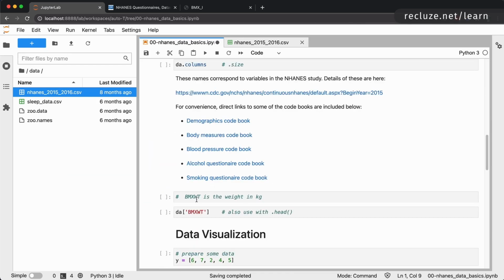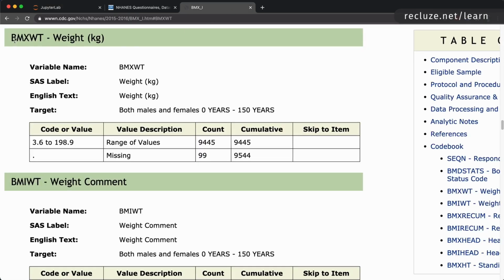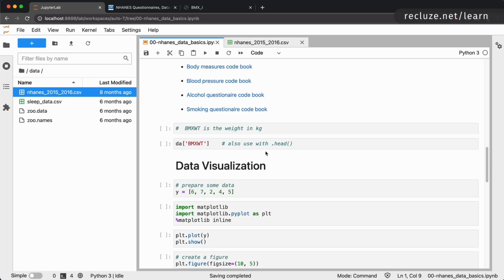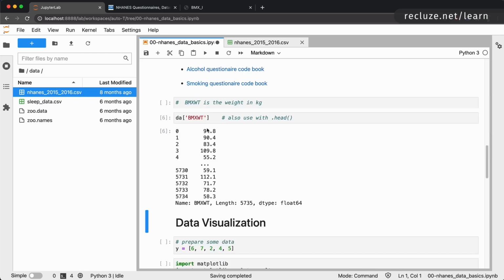For instance, we want to use the body measures code block. That's just one portion of the whole NHANES dataset. You can simply go ahead and click on this and you will arrive at this page, and you will see that the column name BMXWT is the weight in kilograms of the respondent. This official page gives you a lot of information about this attribute, but we're not really interested in all the details. We're just getting a feel of this. You can access this particular column using df.BMXWT. Okay, so you can do that. You get the single column out, which pandas calls a data series.